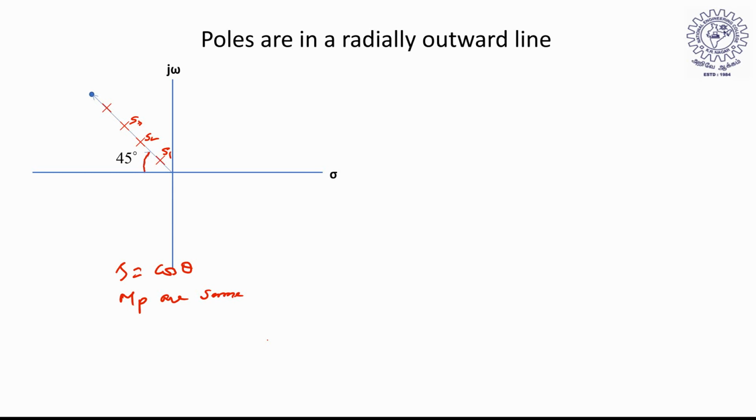Okay, so we are showing only one part, so obviously their complex conjugate poles are located here, so their Mps are the same. That information we obtained from the location of the poles. But the rise time and peak time differ, and settling times differ. That depends upon the real part and imaginary part. From this pole pattern we understood that all the systems have the same peak overshoot since their zeta remains the same. Okay, so this diagram represents different radially outward lines.